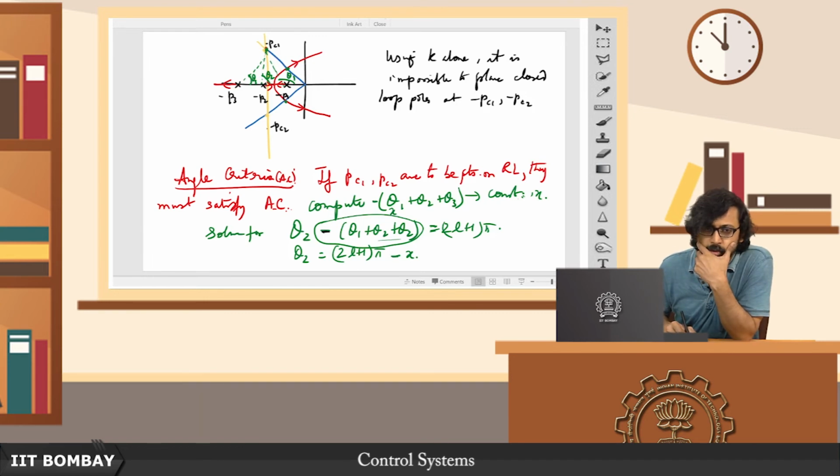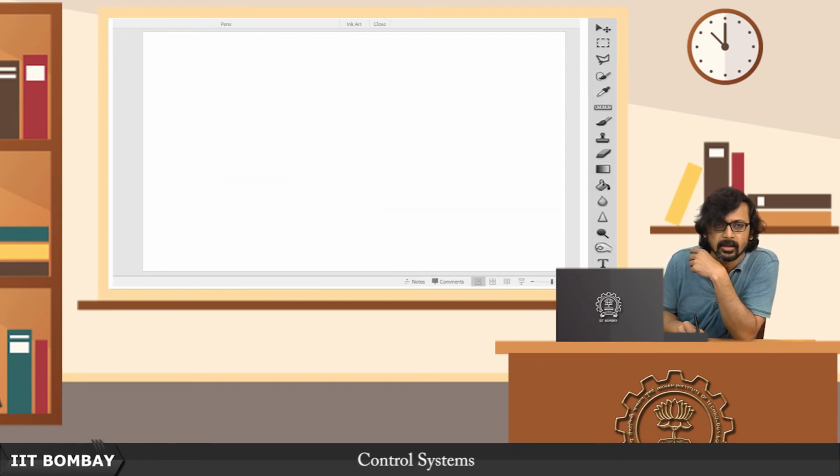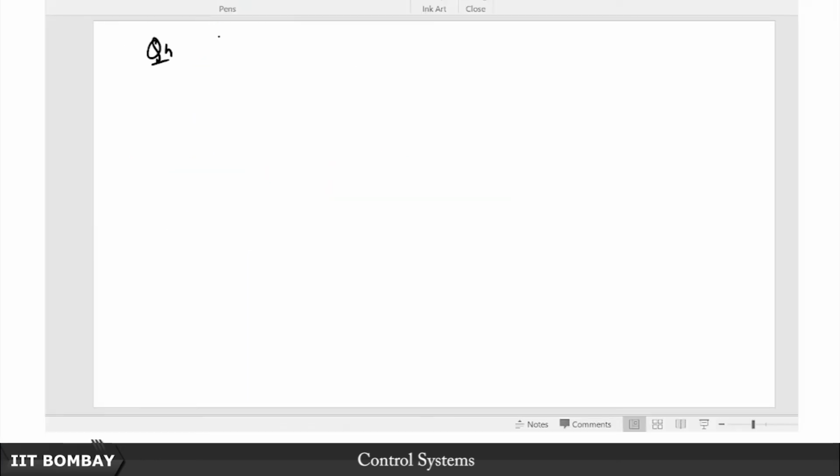Now what am I going to do? I am going to search for a point here on this real axis because I am going to place one single real 0. I am not going to put complex conjugate zeros. So I am going to put just one single real 0, and if I want to do that, then what I need to compute is basically what point on this real axis. So then the question is, which point on the real axis satisfies the condition